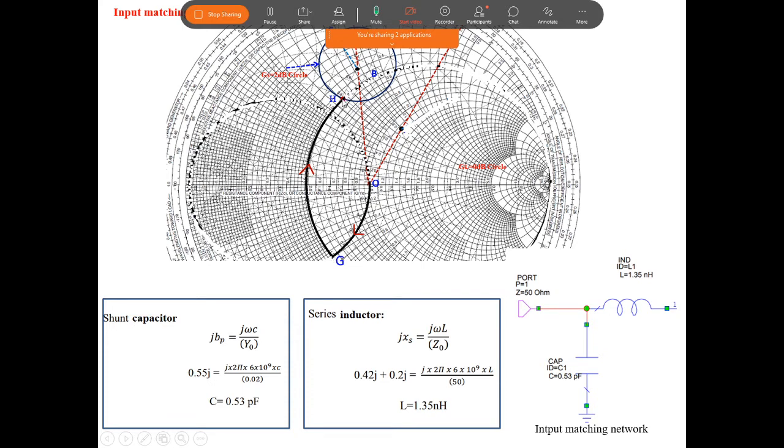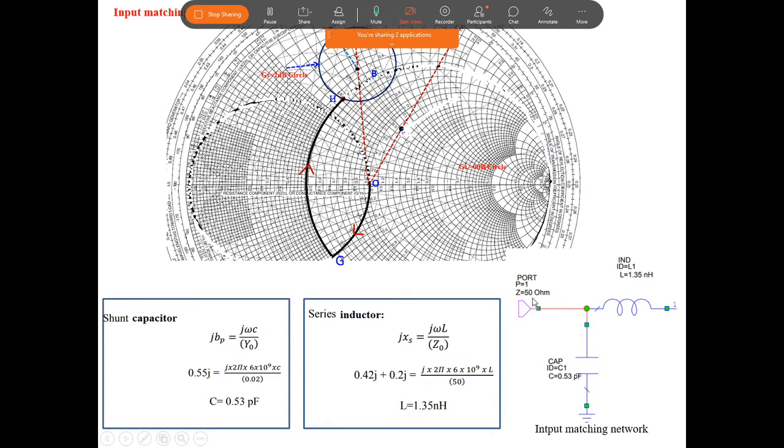See, this is the point which we chose. Through this, the resistance circle passing is this. You stop here. So start from here and stop here. And from this point, you move over the resistance circle to reach this point. So you started from here and moved on a constant conductance circle up to this point, and after this point we moved over a constant resistance circle in the clockwise direction to reach this point.